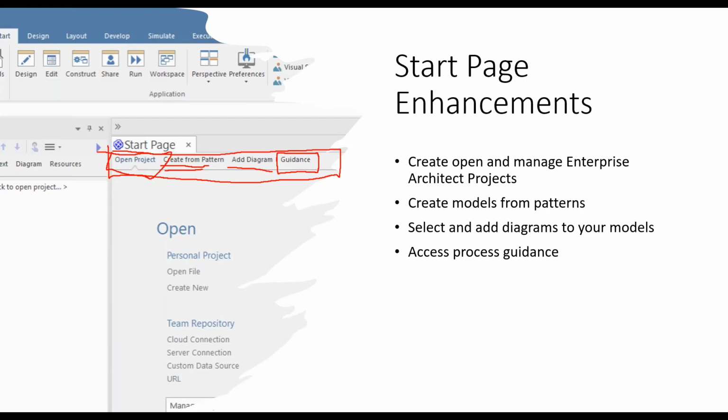Now, if you haven't seen our process guidance diagrams, they're basically diagrams designed to help you step through larger tasks. It might be things like how to install a ProCloud server with a database. It might be how to generate documentation, and it gives you a list of checkboxes and useful help links to reference when trying to self-educate through those processes.